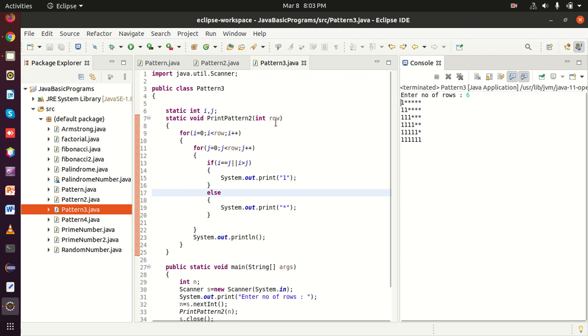Now i is going to be from 0 to what? 0 to less than 6, means 5. 0 to 5, if we count 0 to 5, that will be 6. 0 1 2 3 4 5. Total how many? 1 2 3 4 5 6. 0 to 5 means 6.